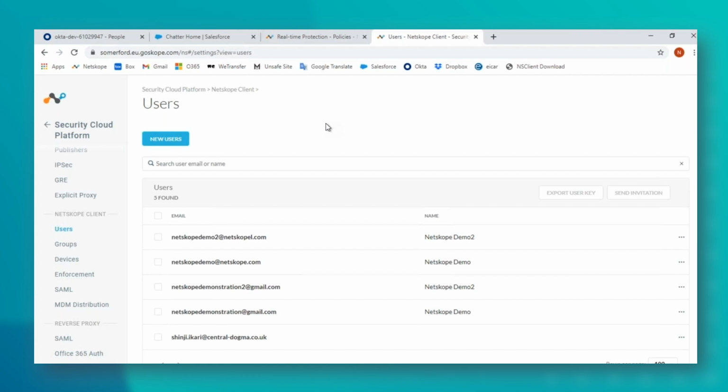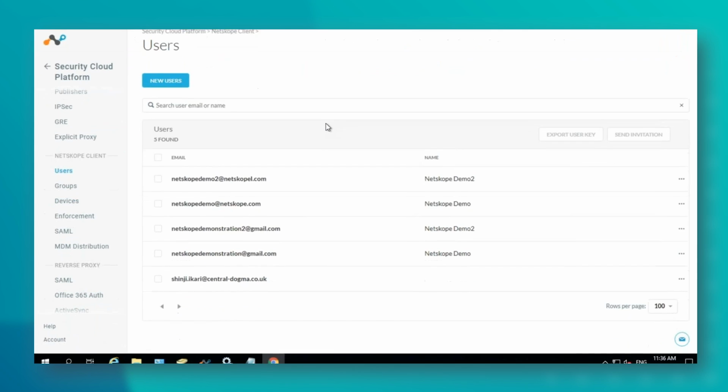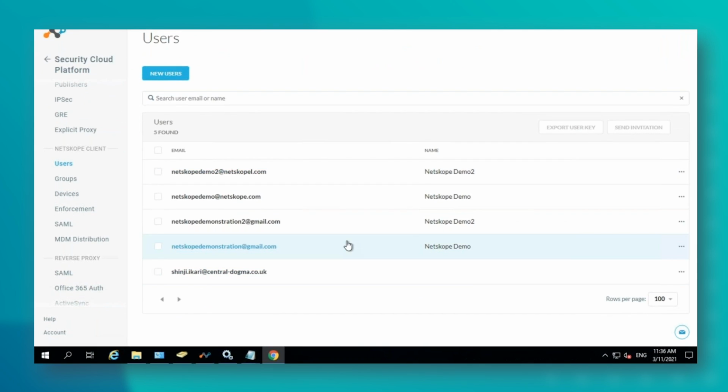So when I launched that RDP file earlier, the client recognized it and steered that traffic up to the tenant. The tenant then sent me to the publisher. The publisher connected me to the target device. I did not launch a VPN. I did not connect to any other third-party software to get that trust. It was handled by the client, going to the tenant, publisher, target device. And I can only access that one device.